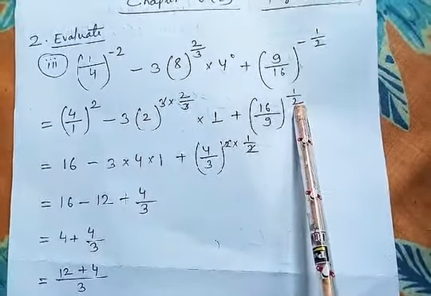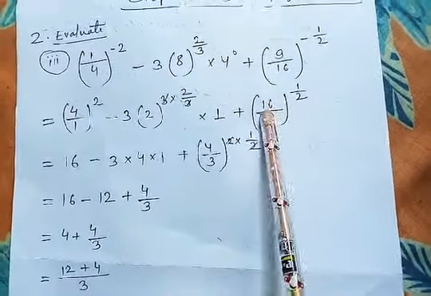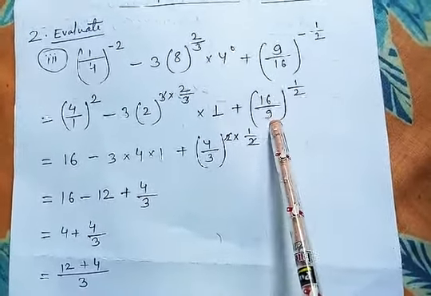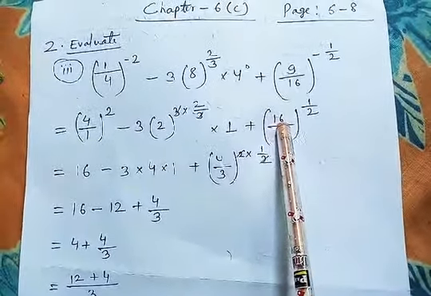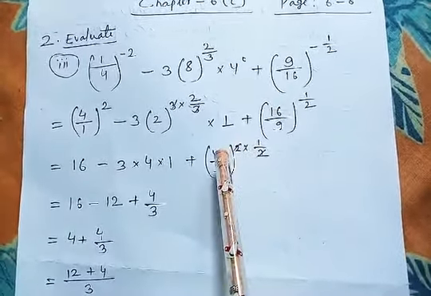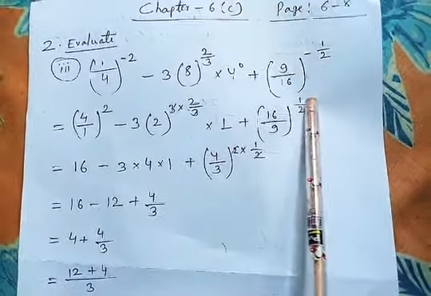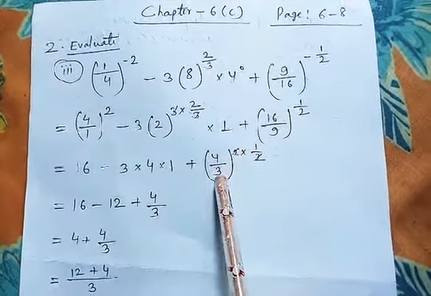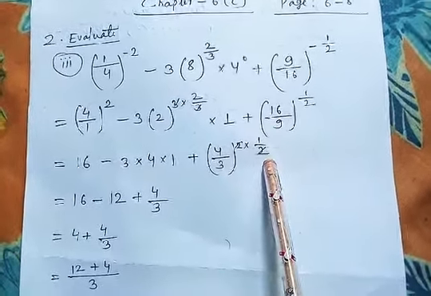And you can see here the power is a fraction, it is 1 by 2. That means you have to target 16 and 9 to make them a power of 2, that is square. As 16 is 4 square, 9 is 3 square. So I wrote 4 by 3. I want to say one more thing, children. 16 is also 2 power 4, but I did not write 2 power 4. I wrote 4 square. Why? Because my target is to cancel the denominator of the power. That's why I wrote 4 square and 3 square. 4 by 3 square is the same as 16 by 9. And now 2 got cancelled.